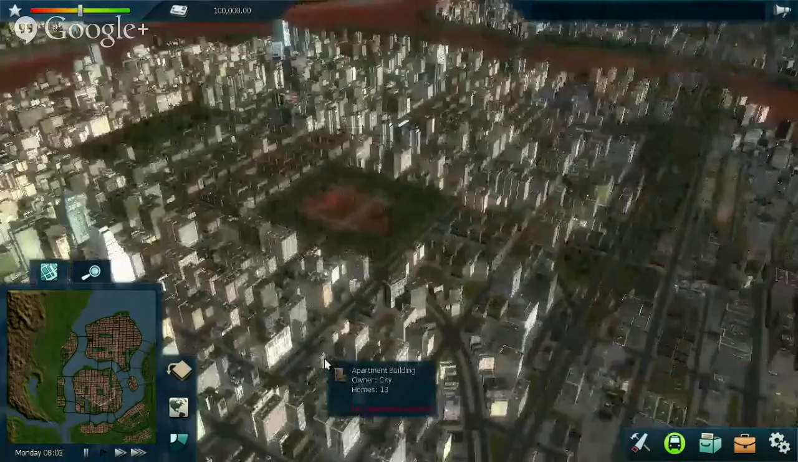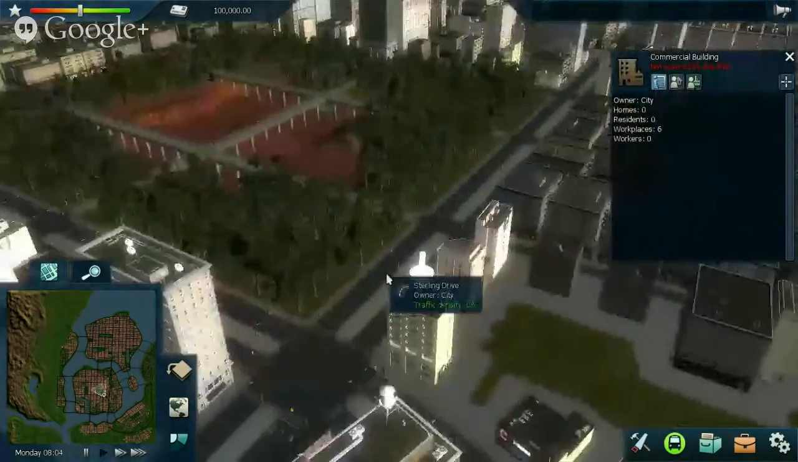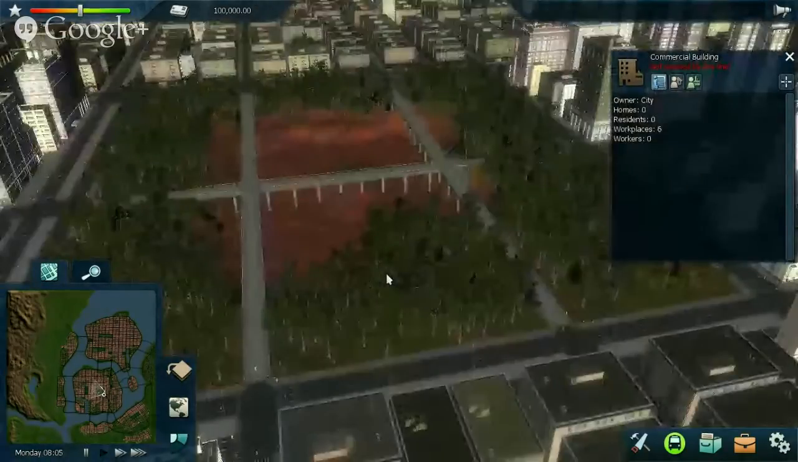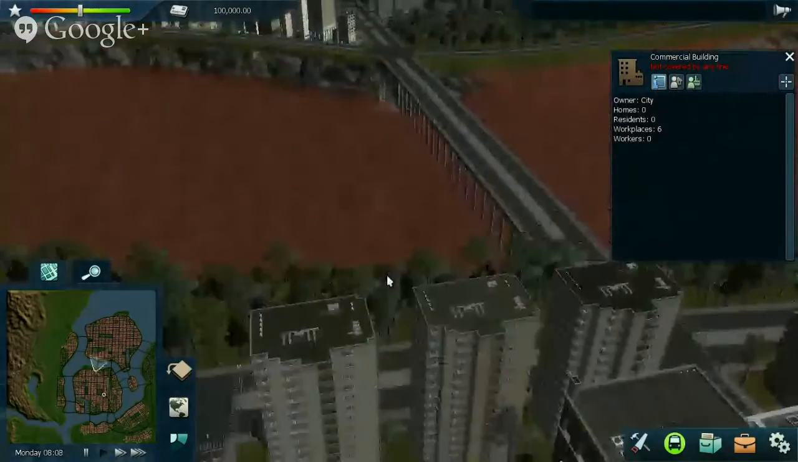Whereas, I'm not sure how fluid everything is on the Hangout, but here I'm just flying around the city without any lag or